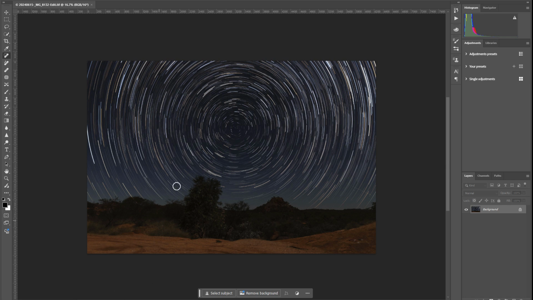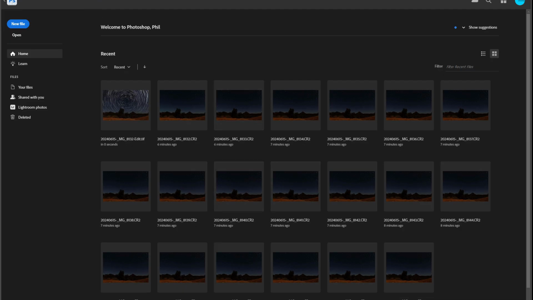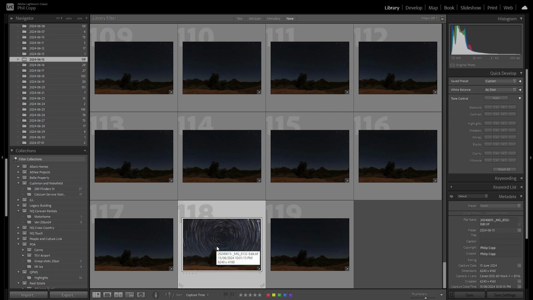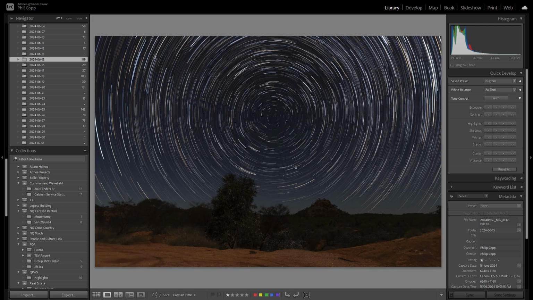So that's saved that file. I'm just going to close that down because it's actually saved. So if we go back to Lightroom now, we've got our one file, and see how it's got that edit suffix against it. I'm just going to mark that with a star. So you can see there now we've got our star trail image that we can edit in Lightroom, and we